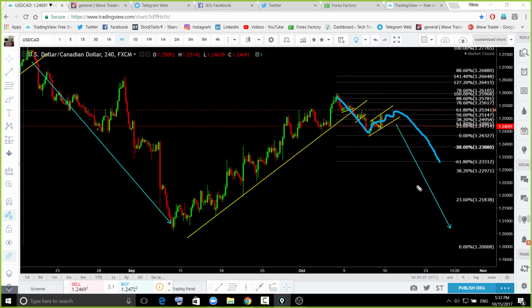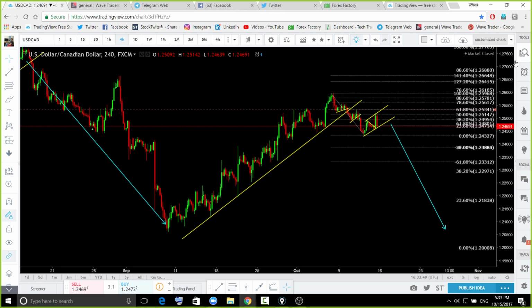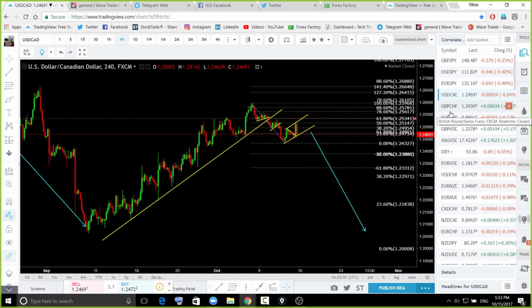what formation this pair is gonna form. Yeah, so I think we're gonna see only that move next week. All right, so we need to be prepared for that. After that, we're gonna decide which way we should trade this pair. Okay, either for the upside if that move is gonna be corrective, or keep selling to the downside after this breakout like that. Okay, so we'll decide next week. So go for that trade for this week, and we'll see how that pattern is gonna break to the downside.